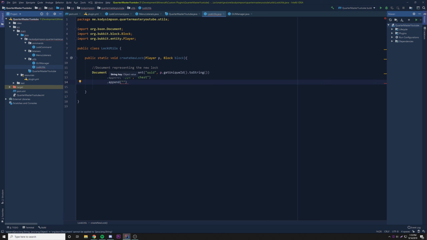And then now let's store, okay, we want to store the location of the block that they're locking, obviously, right? Because if we ever need to find out if a block is locked, we want to be able to provide the location, and then we can determine if it's locked or not. So let's think about how we want to do this. We could just do location, instead of location, we could just do x, and then do block.getX, right? But a better way to do that, since we need to store the x, y, z, all of those, is